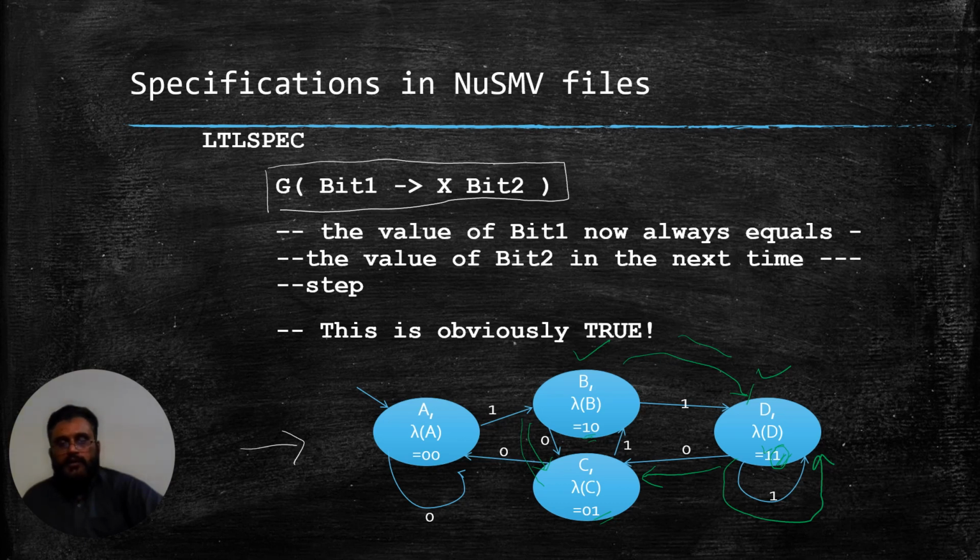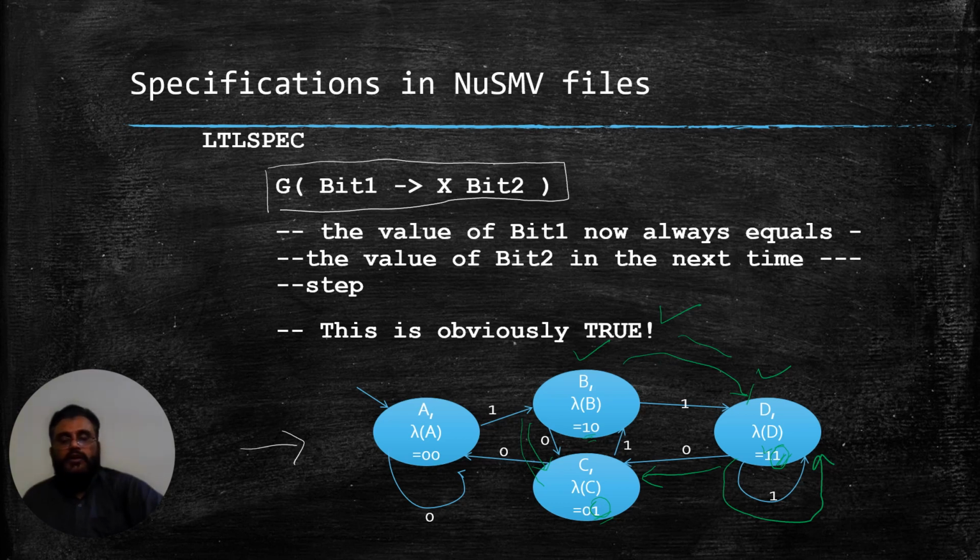If we take the transition of 0 from state D, we reach state C, and again we see that bit 2 is true here. So we found no path on which bit 1 is true in the current state and in the next state bit 2 is not true. So this property is going to be true. And we will see this